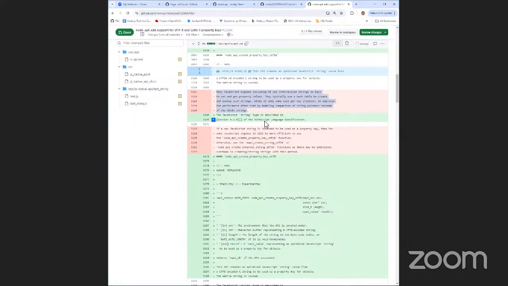Right. Yes, exactly. But if that is what we wish to document, then we shouldn't put that in the otherwise section. We should say if a new JavaScript string is intended to be used as a property key, then for some JavaScript engines it will be more efficient to use the functions in this section, even though in those engines using these functions will incur an additional overhead upon creation, which will be paid back a thousandfold when they are reused over and over again.